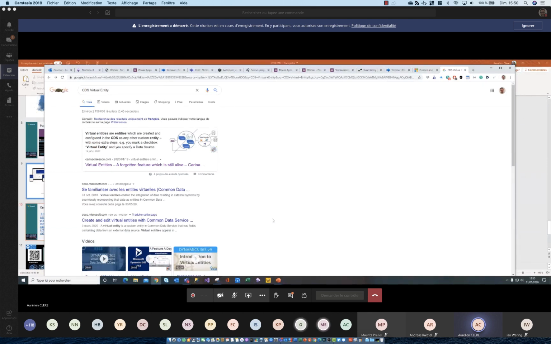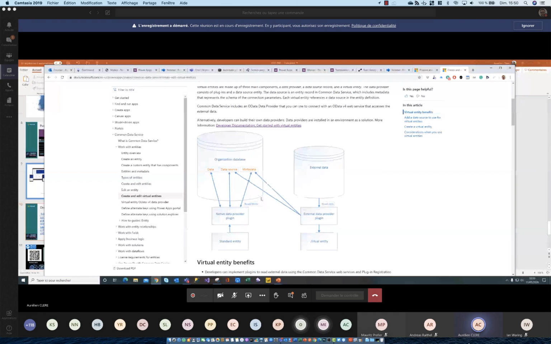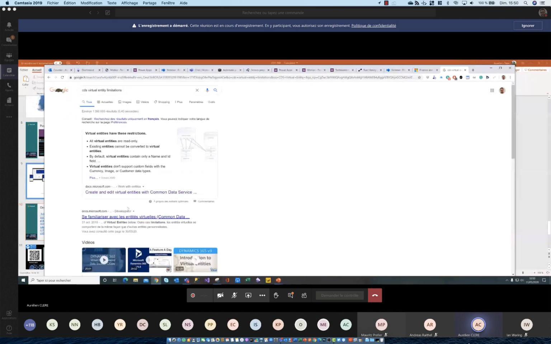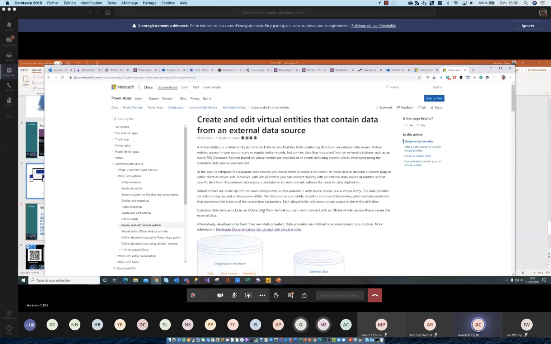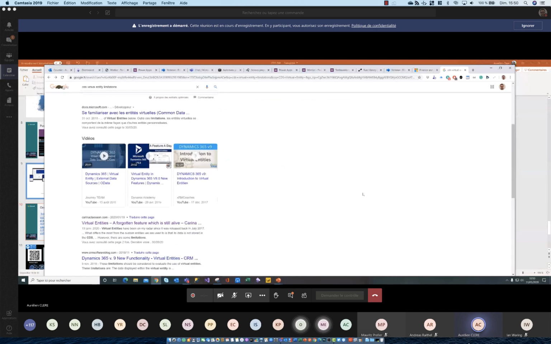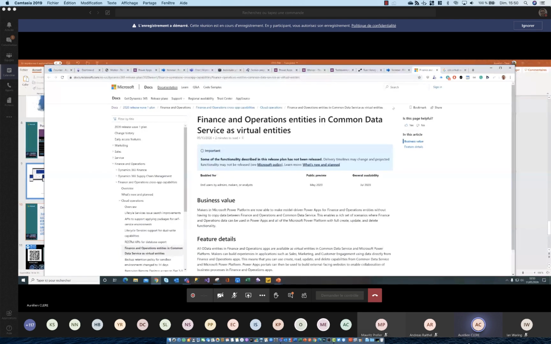So you will have the choice, in fact. If you want, you can check the virtual entities limitations. You have a link to know the limitations, and I think there are a lot of limitations on virtual entities. So be careful of that.